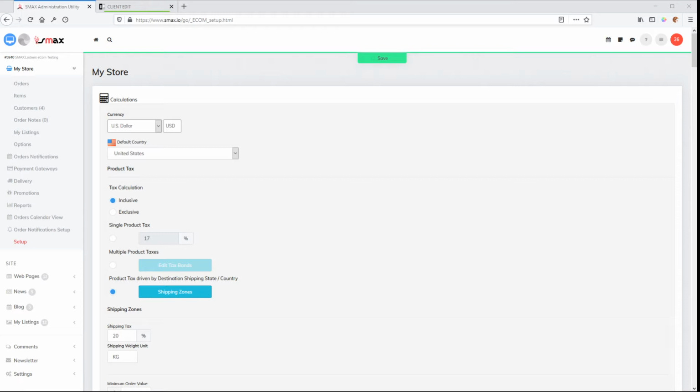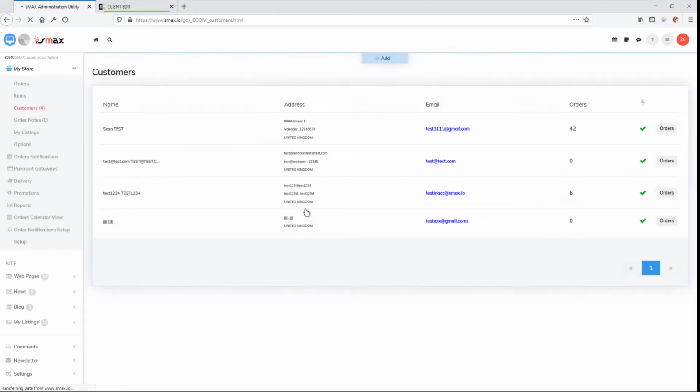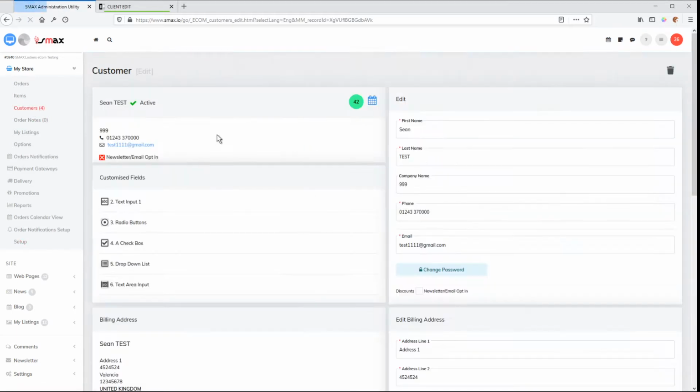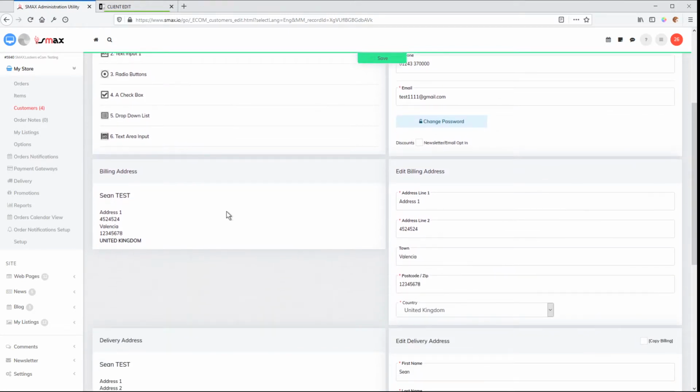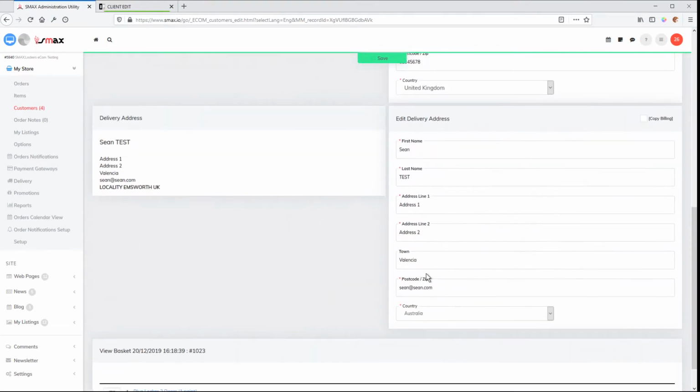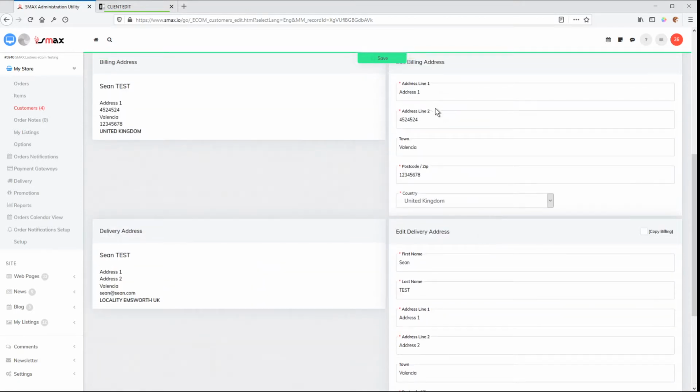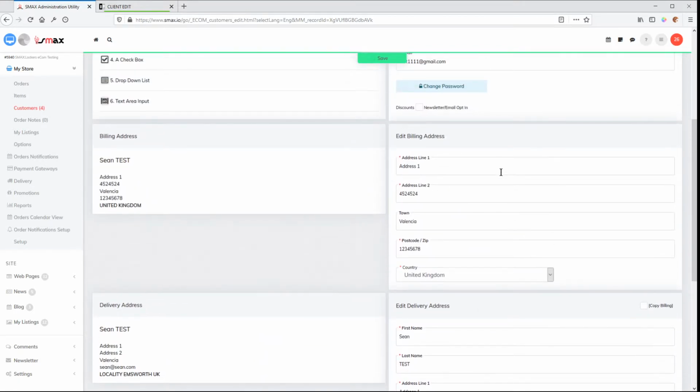In this tutorial we're going to look at the e-commerce engine, and in particular the customer fields. So let's look at the customer. We have a customer, and we've got customer basic details: name, company name, phone, email, billing address, delivery address, all the basic information that you would expect from